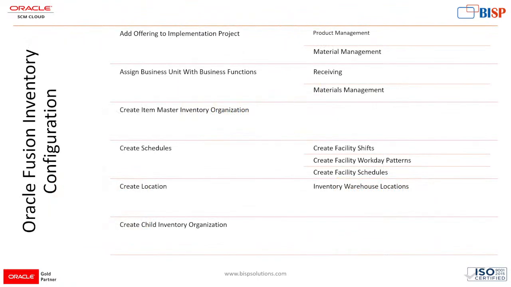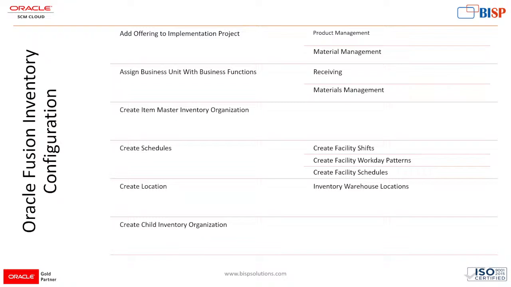In this you can see that you have to add offerings in your implementation project, that is product management and material management. Product details you will maintain in product management, and in material management, in which you receive the material, the inventory related subinventories you will maintain. Those two offerings you have to take, then assign the business unit with the business functions, that is receiving and